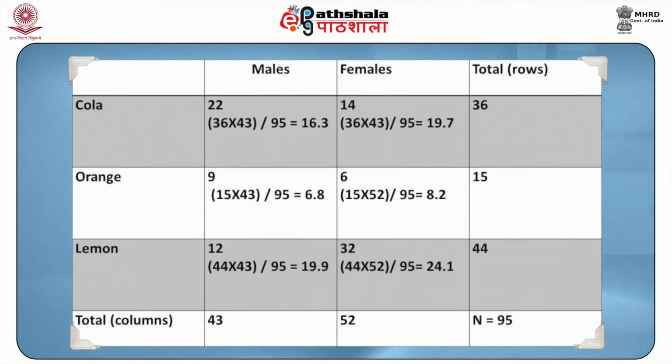The data was collected and is represented in the table below. Have a look at the first column, which gives the 3 flavors in the 3 rows: cola, orange and lemon. Columns 2 and 3 talk about the distribution for the 3 flavors as preferred by males and females. The expected frequencies can be calculated by the formula given in the equation above, and for each of the cells,